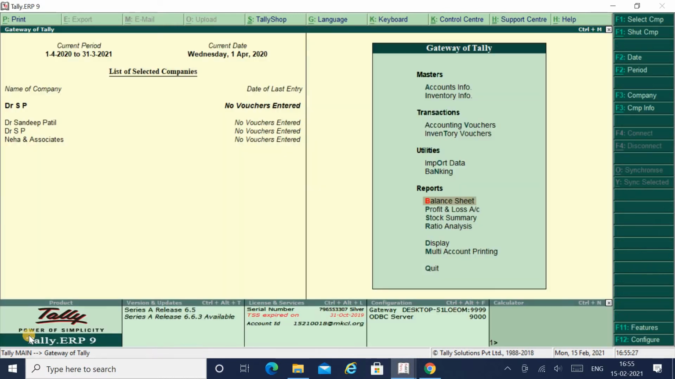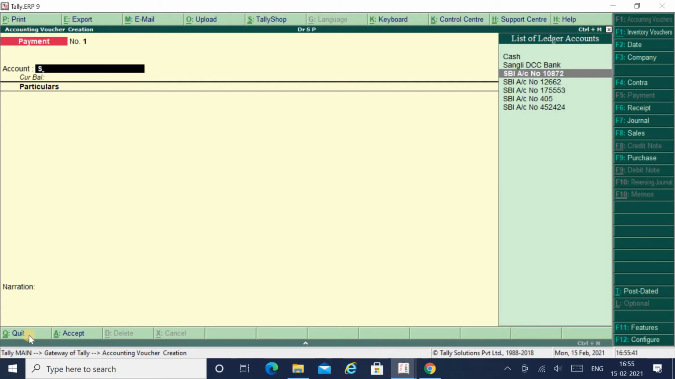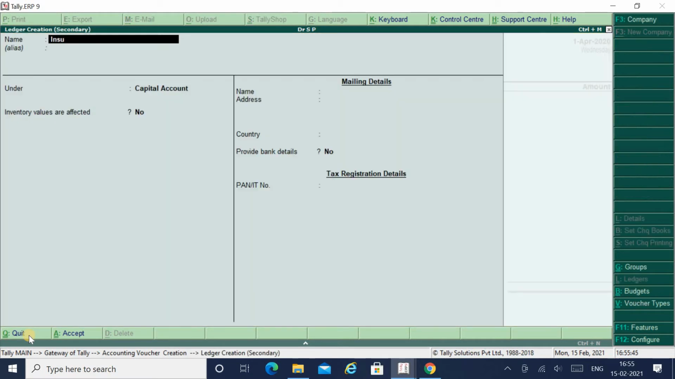First of all, I will go to accounting vouchers. As I said, the basic journal entry of insurance is insurance expense account debit to cash or bank account. Suppose I have paid by bank, so I will select the SBI account and I will create insurance on Mahindra